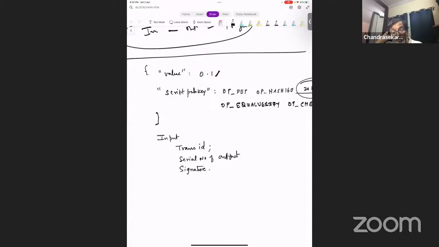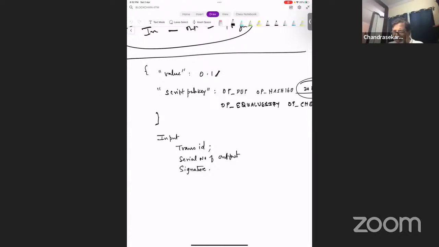When you sign, you get 512 bits, which in hexadecimal is 128 hex digits. So you will put that signature